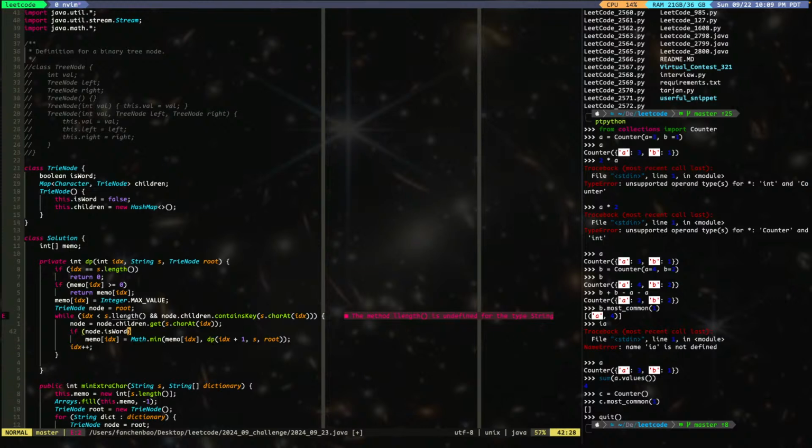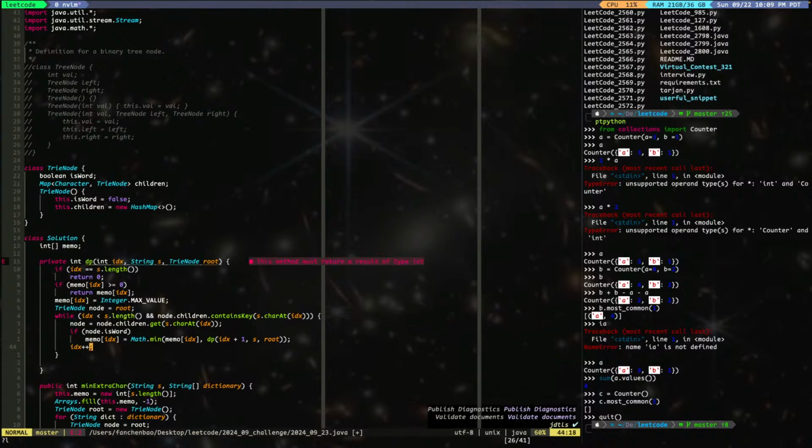At the end, it will get out, right? It'll get out if index is smaller than s dot length. No, when it gets out, we have to check if